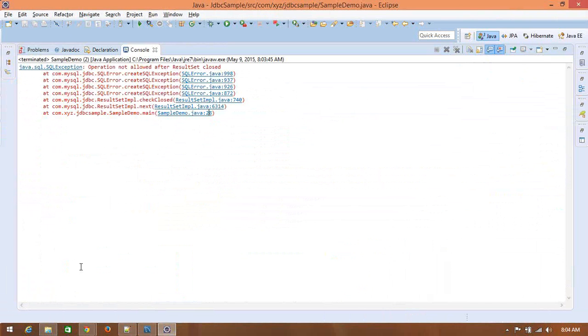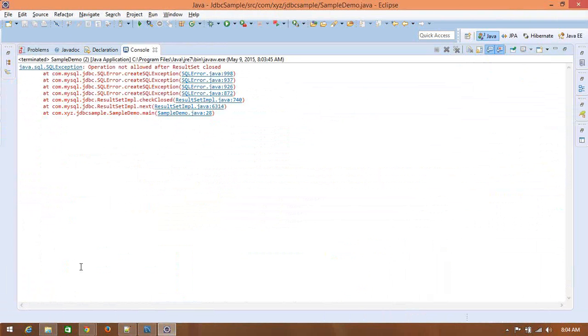So what are debugging skills? While seeing your exception, you need to know in which line you got this exception, and why you got this